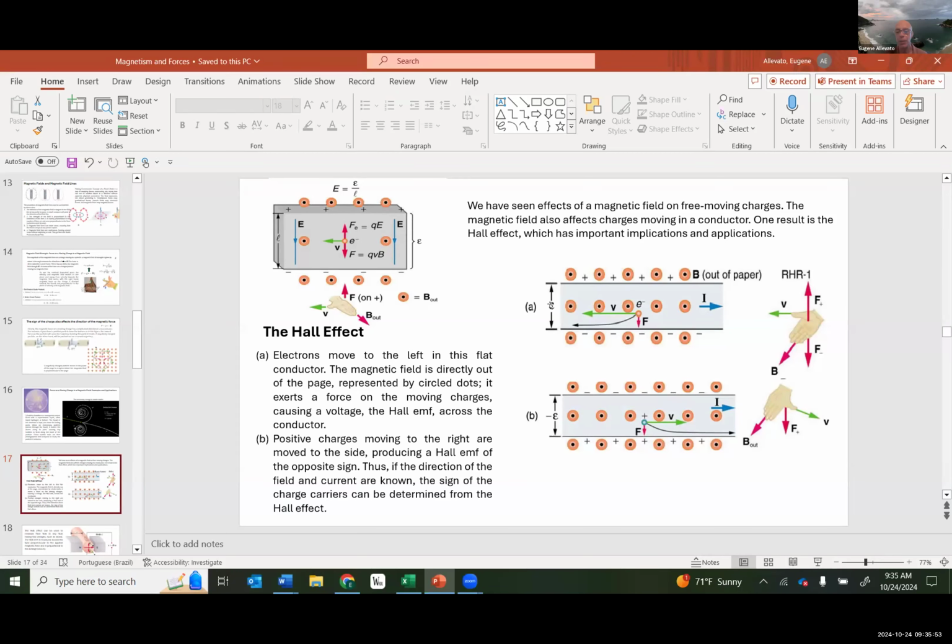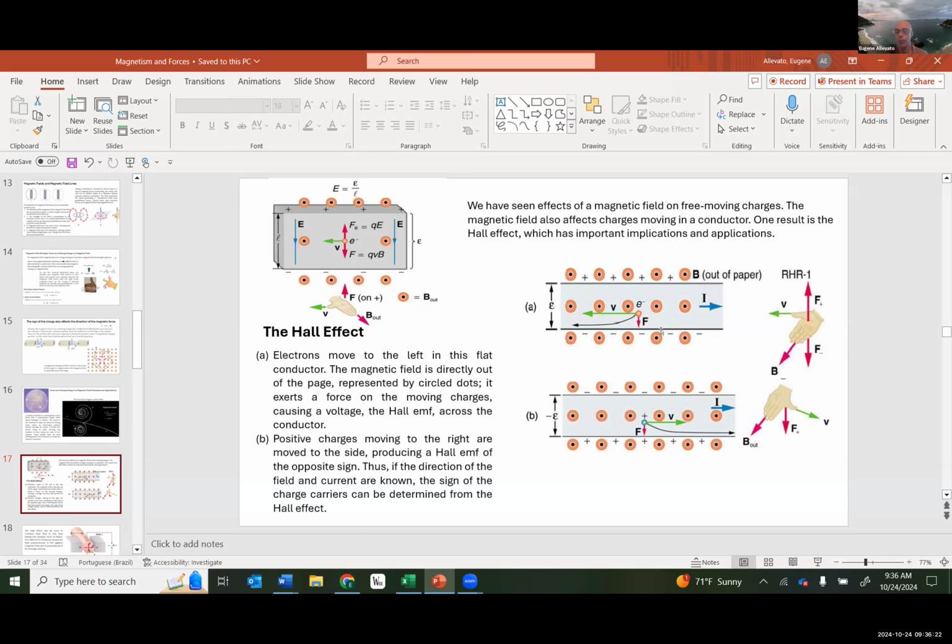Here on the left, you see this little E, right? The epsilon is the creation of this electric field, because electrons, due to the magnetic field, are being pushed to the bottom of the conductor, and that creates positive charges on the top of the conductor, and this positive and negative, right,